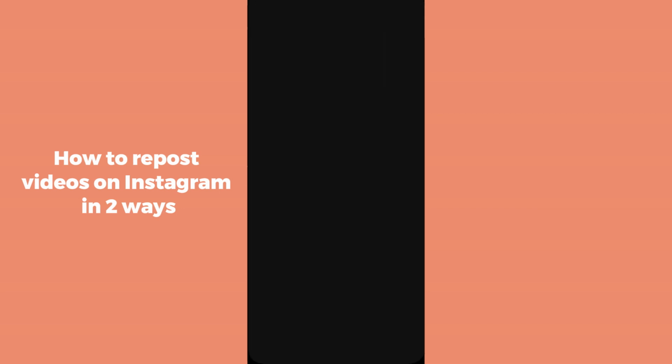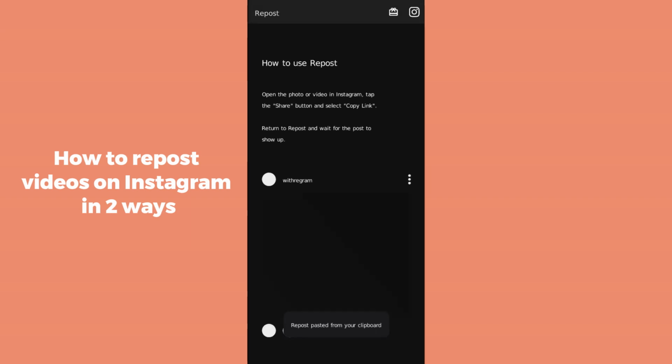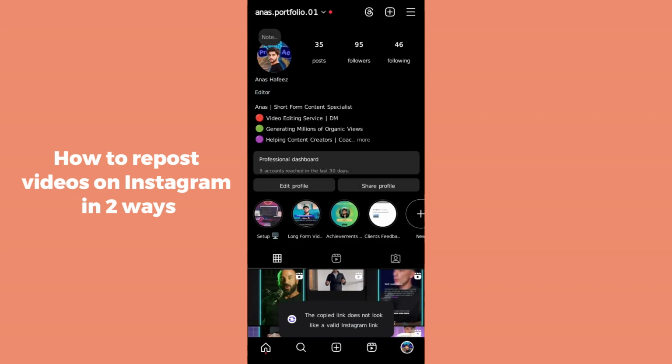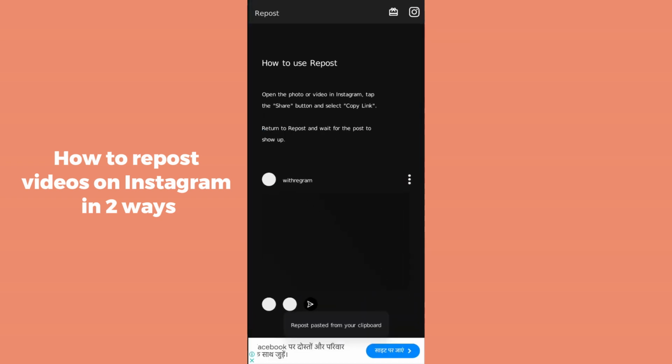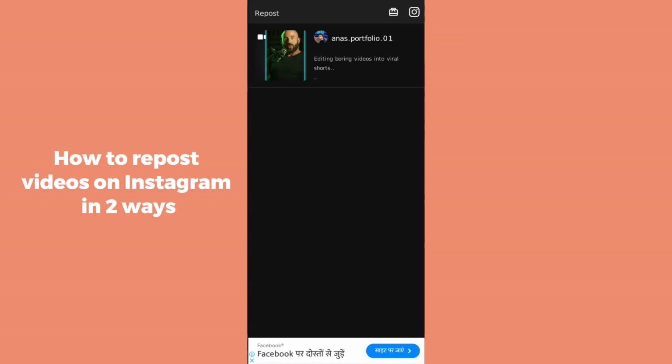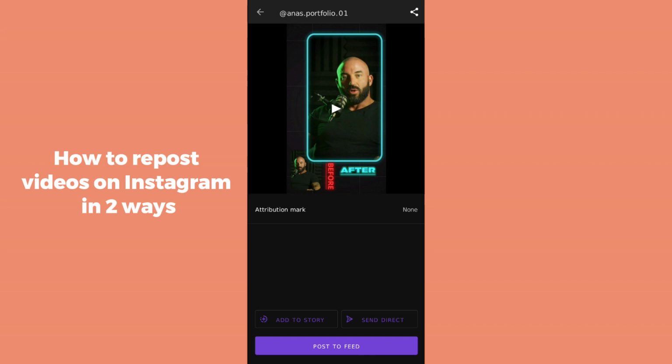You guys have to simply open it. After opening it, you can see it is asking you for a repost. So you have to simply click on the Instagram icon at the top right corner. After tapping on that Instagram icon, you have to copy that specific post which you want to repost. After copying that specific post, you can see it has appeared in our application. I have to simply click on it